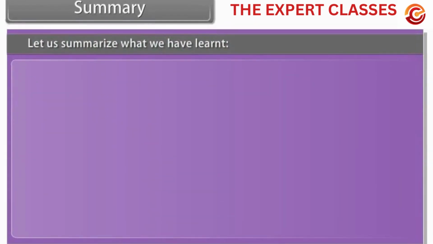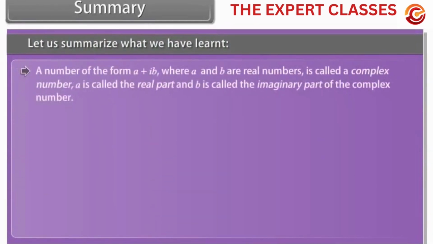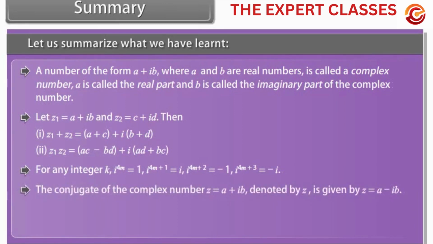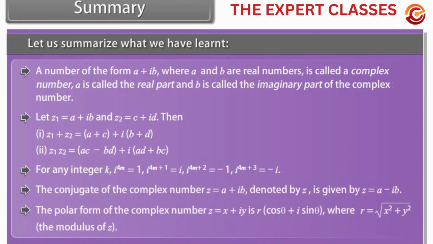Summary. Let us summarize what we have learned. A number of the form a plus b iota, where a and b are real numbers, is called a complex number. a is called the real part and b is called the imaginary part of the complex number. Let z be a complex number, then for any integer k, the conjugate of the complex number, denoted by z bar, is given by the polar form of the complex number is